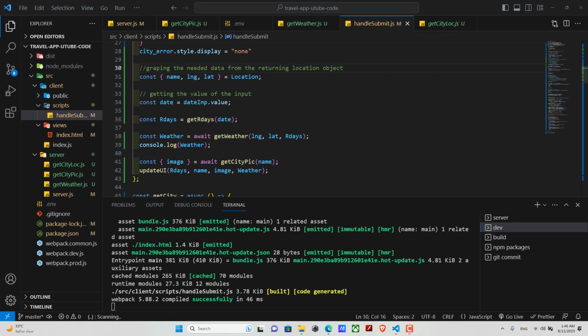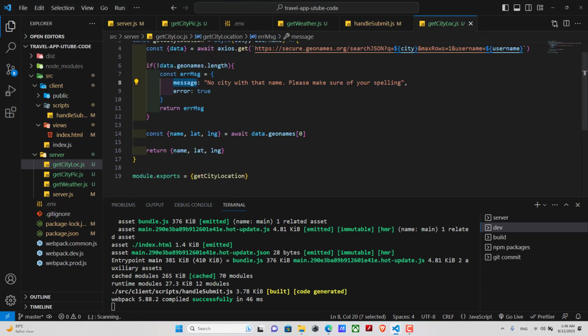Our servers would still be vulnerable. I wanted to cure that on the front end, but I found that this is actually connected with the server. So the same thing we did in the get city location, we will now try to do with